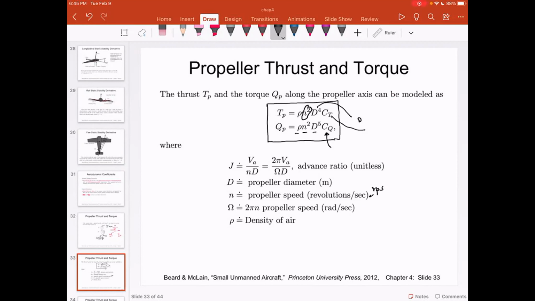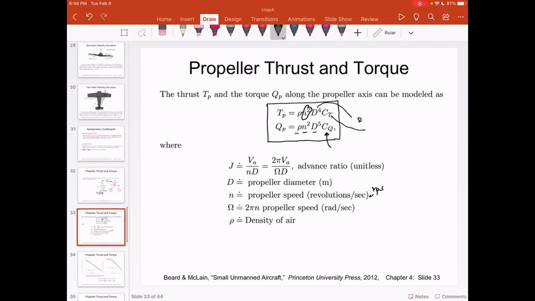What is the value of Cq, and that Cq value does not change. And when you study helicopter, you will also look at the concept of something called J, which is called advance ratio. That advance ratio is related to a non-dimensional quantity, which is airspeed divided by ND. In the case of helicopters, it is the tip speed, which is capital omega times D, the ratio of VA divided by tip speed. But in the present study, we are going to assume the prop